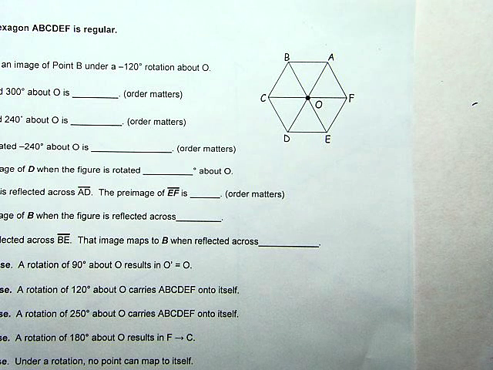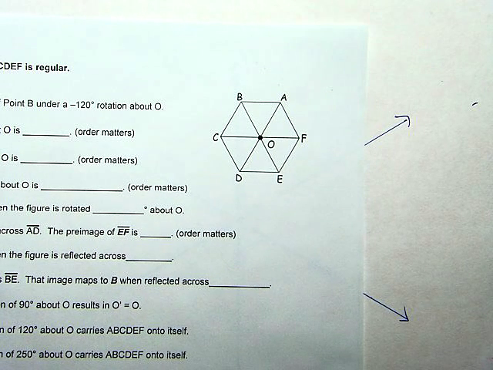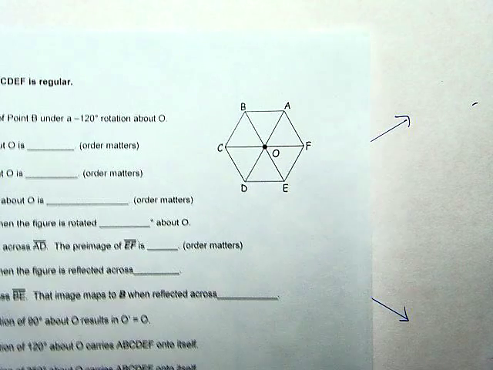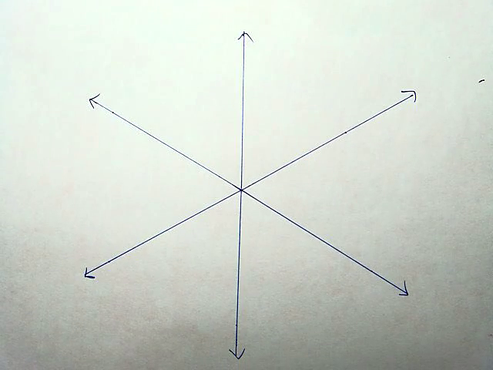So we're moving on to questions number 14 through 26, which will deal with this figure which you may have seen before. It's called a hexagon. It's a regular hexagon. It's a six-sided figure where all the angles and all the sides are equal. And as you might have imagined, before we go and talk about that, we're going to talk about